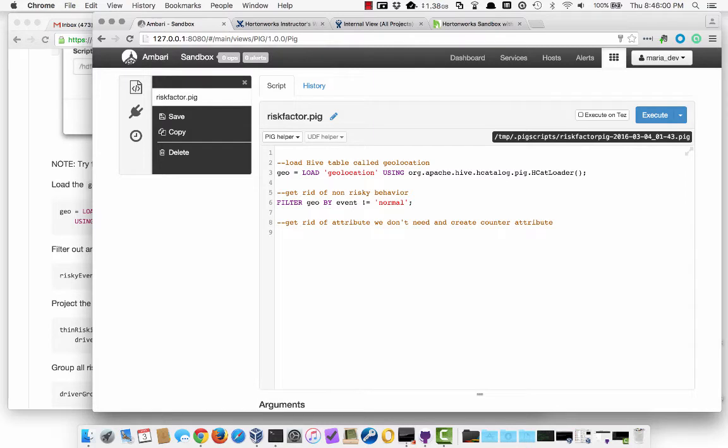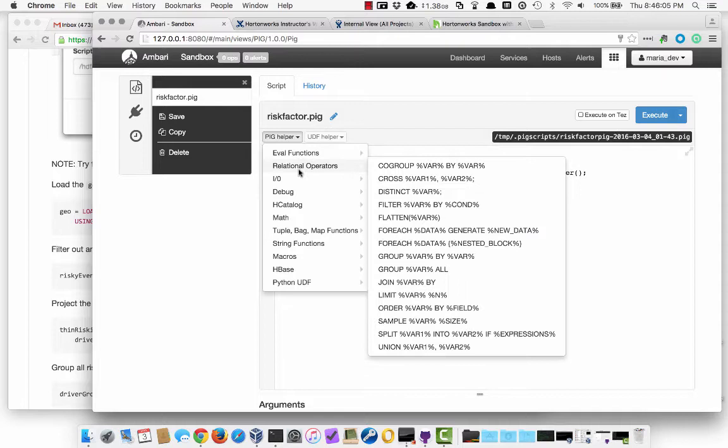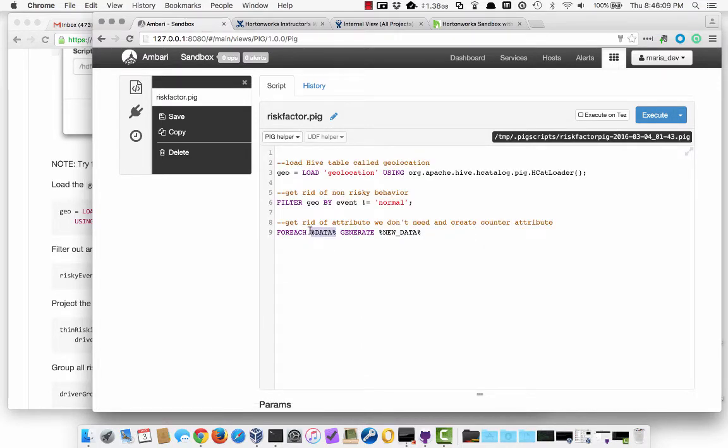And what might that look like? That's kind of a foreach generate. So since I use Pig quite a bit, I'll probably stop using that pull down Pig helpers function, but it's definitely something that's very helpful when you're getting started to get you going with the syntax. So events, and again, the focus of this demonstration is not necessarily to make you a master of the language, just to show you how we do some things. So I'm going to foreach on risky events,